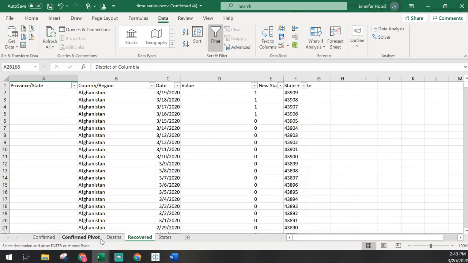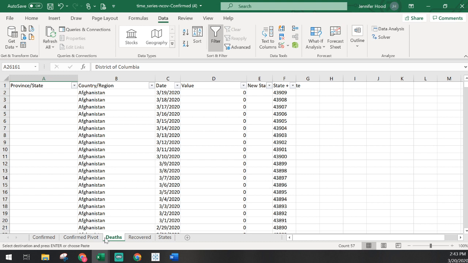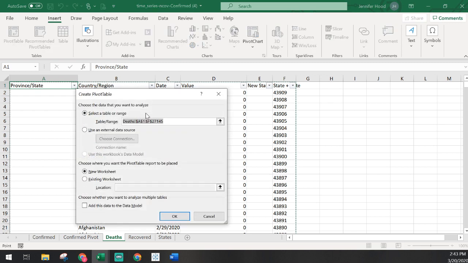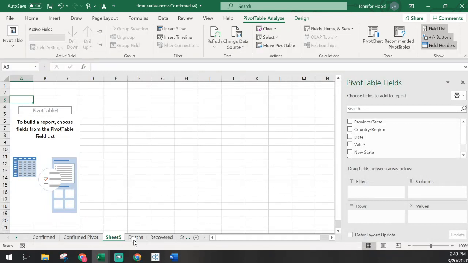So now we need to do pivots on the deaths and recovered. We could copy this confirmed pivot and just update our data source. I'm just going to create new pivots. I think it's probably similarly quick to do it either way. Again, call this deaths pivot.